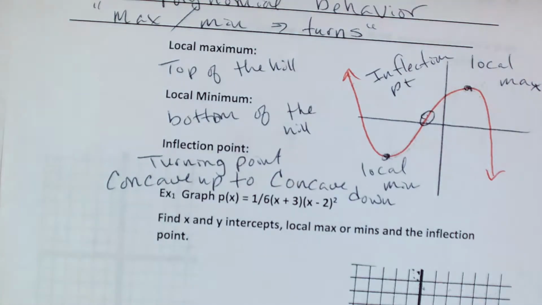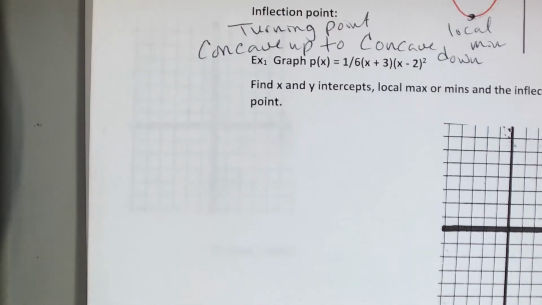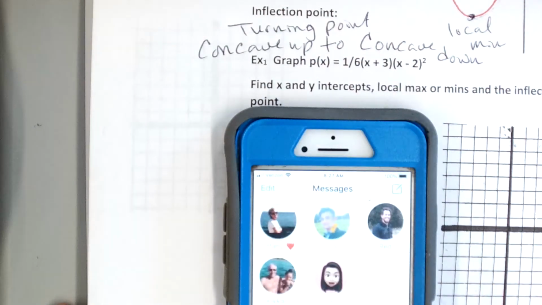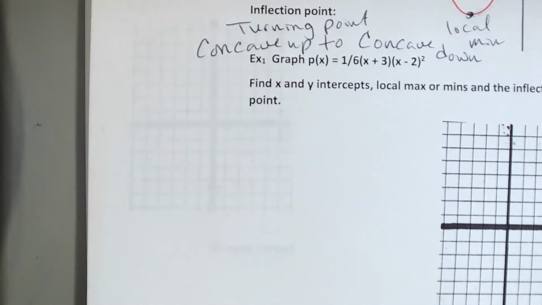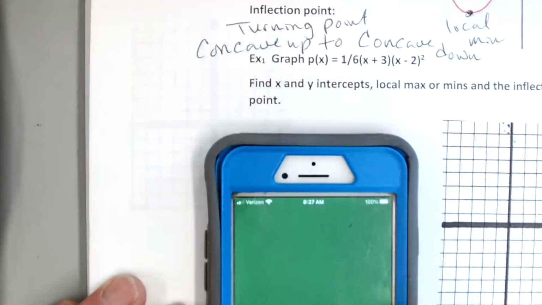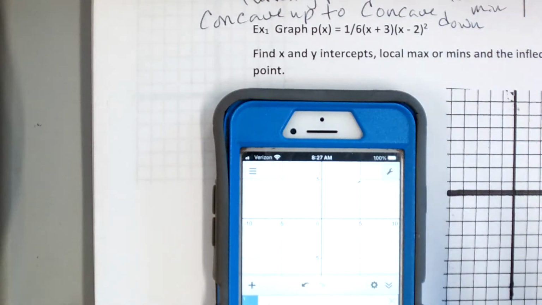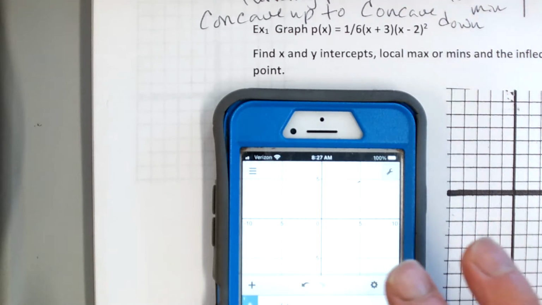So let's graph this one, and let's find everything: X and Y intercepts, local max, local mins. And Desmos can do so much of this, okay? So let's go to Desmos, and we're going to go y equals, and I'm going to do a 1/6. I'm going to use parentheses for the 1/6, right,